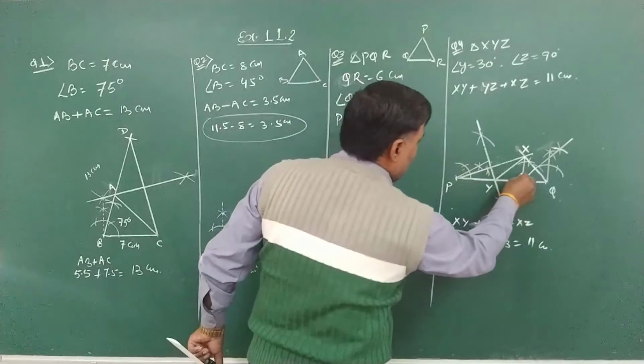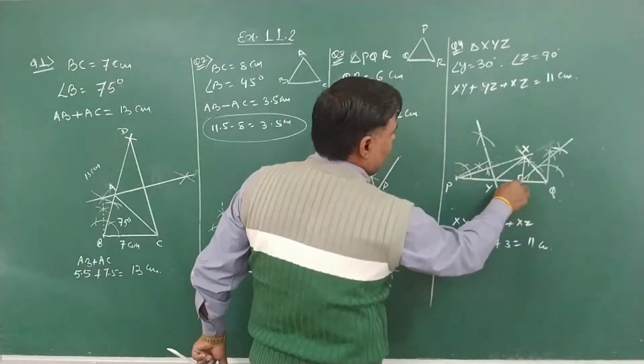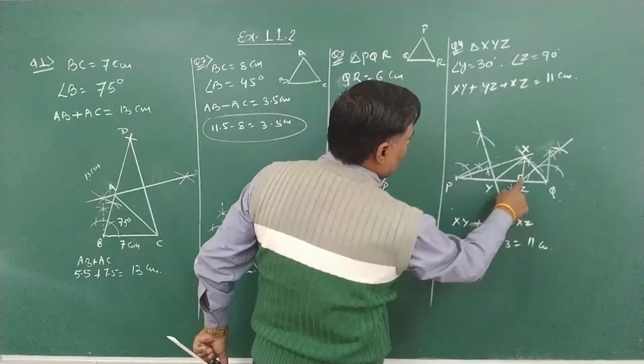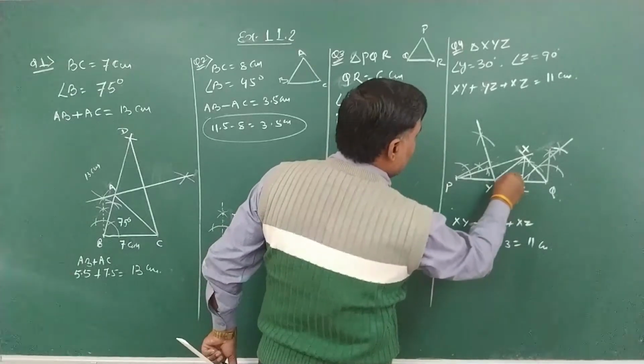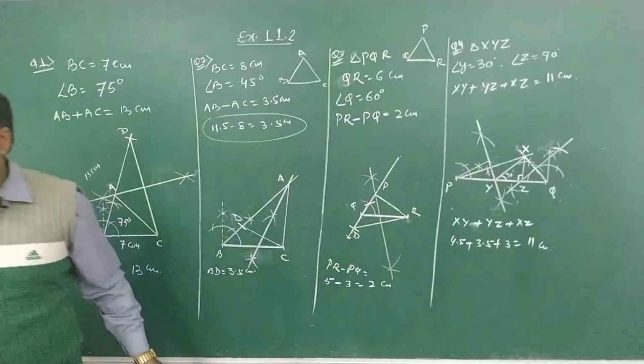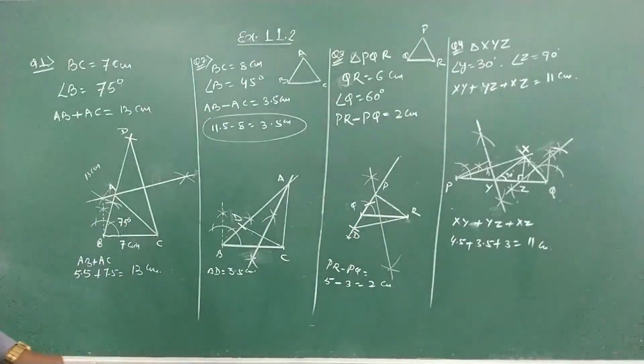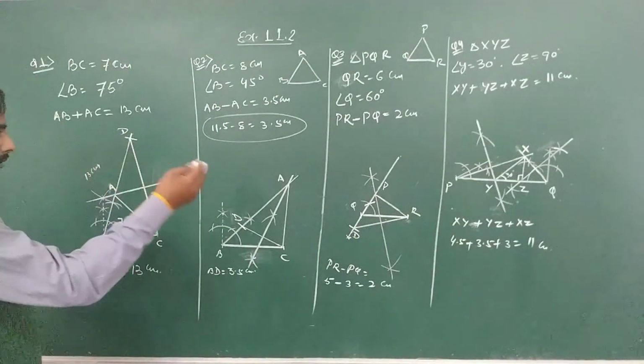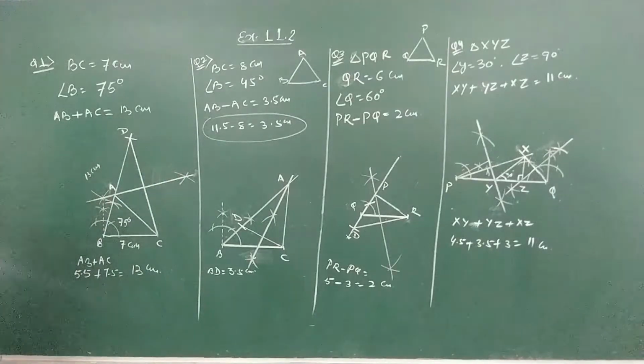Or you can check the angles also. You can see we got a 90 degree angle. Z is 90, so we got 90. And when you check Y angle, it will be 30 degree. So you can check by the side or the angle side. You can check by two ways, whether you check the sides or angle. Now this is your question number 4th. Question number 5th.